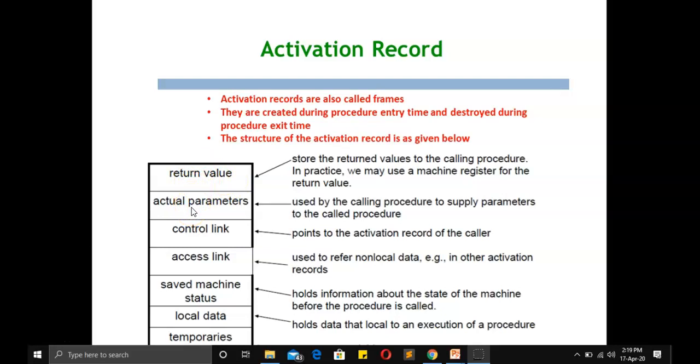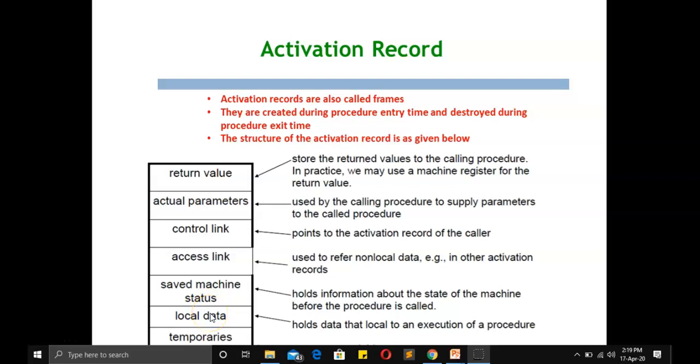And ஒரு procedure வந்து இன்னொரு procedure-ஐ call பண்ணுது, இல்ல ஒரு function வந்து இன்னொரு function-ஐ call பண்ணுதுன்னா அதோட actual parameters எல்லாம் இந்த இடத்துல store பண்ணிருக்கும். So this is used by the calling procedure to supply parameters to the called procedure. அடுத்து control link அப்படின்னா chain of activation records create ஆயிட்டே இருக்குல்ல. So இது வந்து previous activation record-ஓட connect ஆகிட்டே இருக்கணும்னா control link is used. Access link அப்படின்னா suppose global variables இல்ல non-local variables எல்லாம் current procedure-ல இருந்து access பண்ணணும்னா we need access link. Saved machine status ஒரு இடத்துல இருந்து இன்னொரு இடத்துக்கு jump பண்ணும்போது current ஆ அந்த position அதோடைய current status-ஐ வந்து save பண்ணணும் அப்படின்னா we need this location.